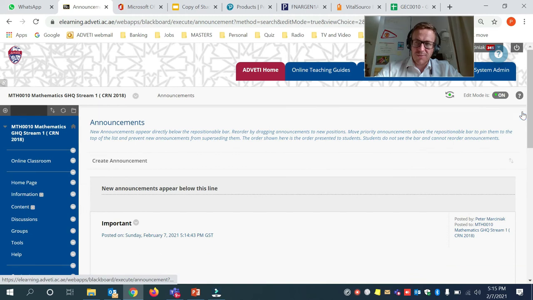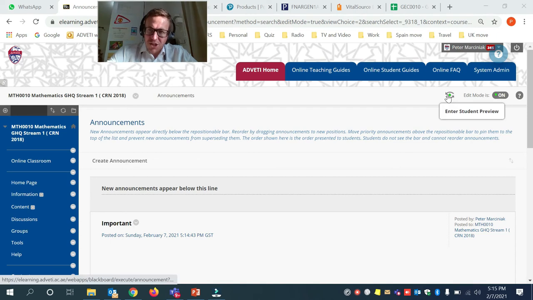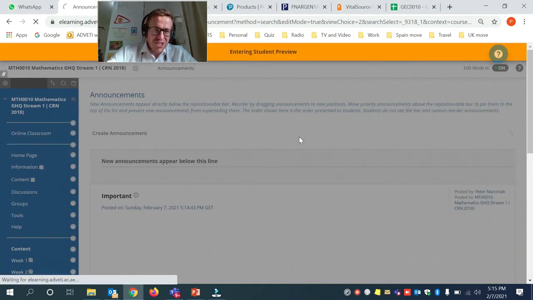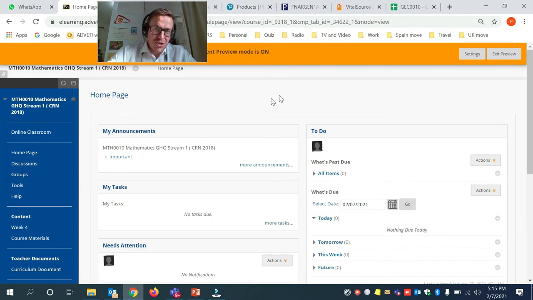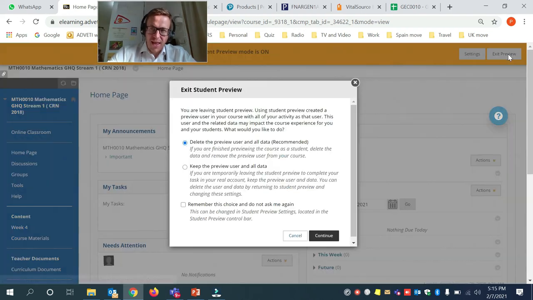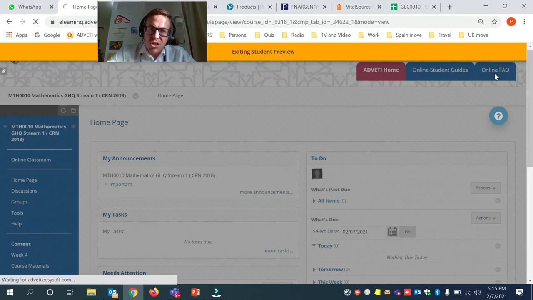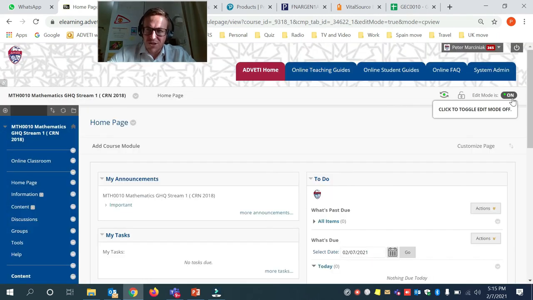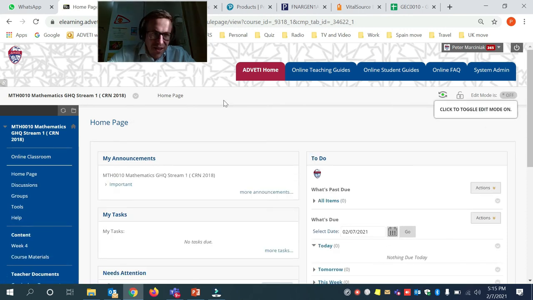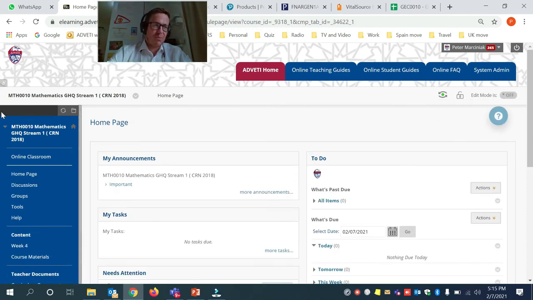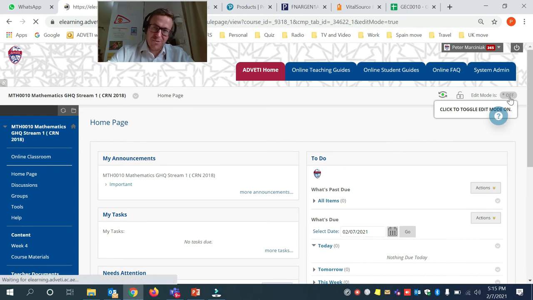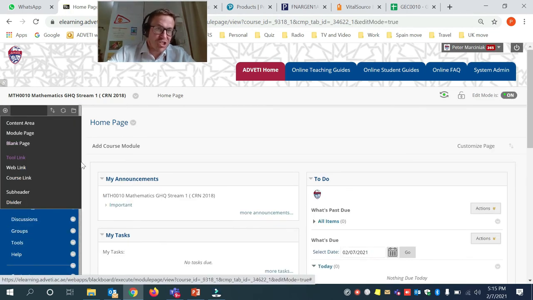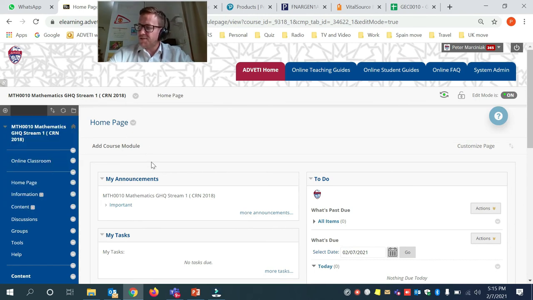Just two things about the student. If you ever want to see what the student is seeing, make sure you click Edit Student Preview, and this shows you what the student can see. So it just shows you how the student sees the page, just to make sure that what you've created is good. And another thing you might want to just check if things aren't available for you to edit is this edit mode on, edit mode off. Can you see that little plus in the top corner has disappeared here? That's because my edit mode is off. So if you make sure edit mode is on, you can start doing things and changing the website, the course,